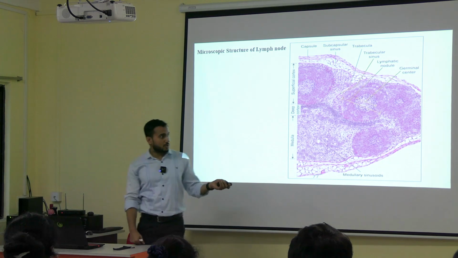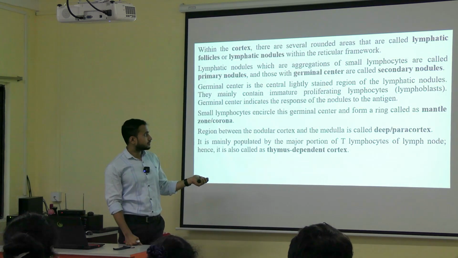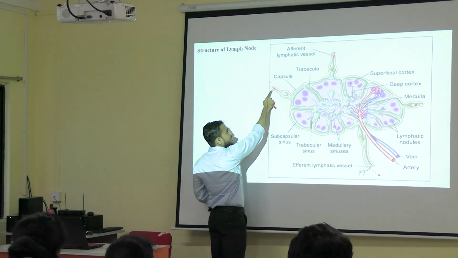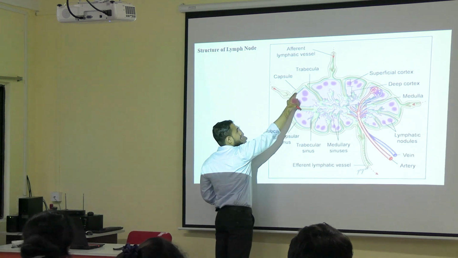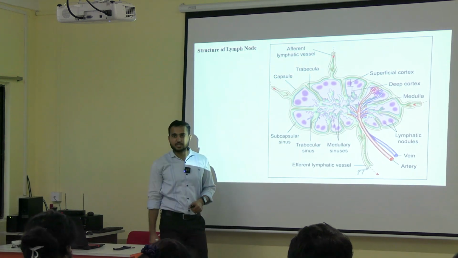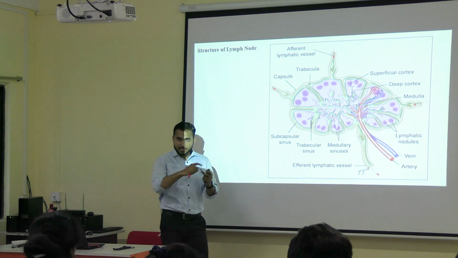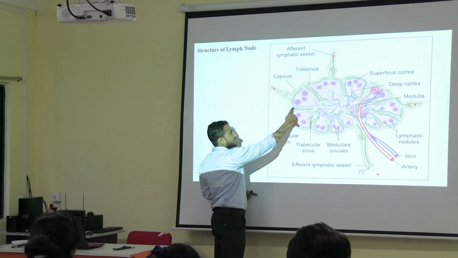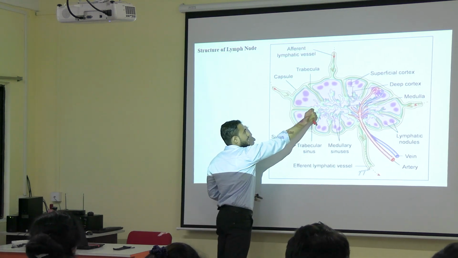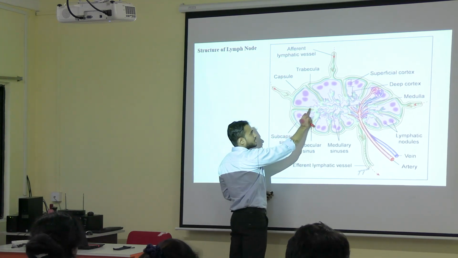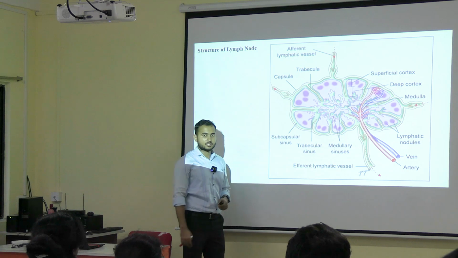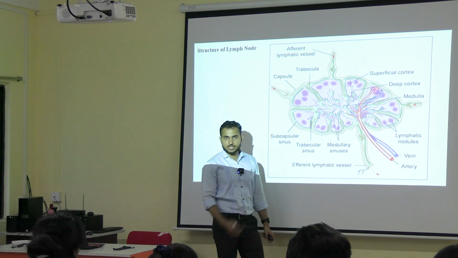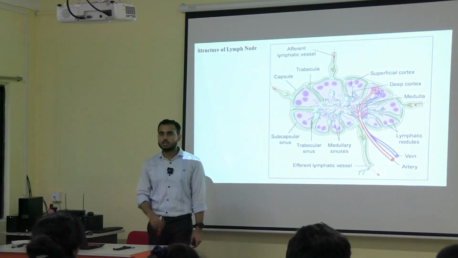So in the beginning I showed you one diagram, if you remember. Yeah, ठीक है. So here you can see the lymphatics entering like this. ठीक है. Once it enters, the sinus present here is called the subcapsular sinus. Then a channel is formed and that channel is lined by endothelium. ठीक है. So this is the trabeculae. Adjacent to the trabeculae, the trabecular sinus is there. Through the trabecular sinus you can see it is going to the medullary sinuses. And from the medullary sinus ultimately you can see the efferent lymphatic vessel coming out. This is the direction of the flow of lymph through the lymph node.